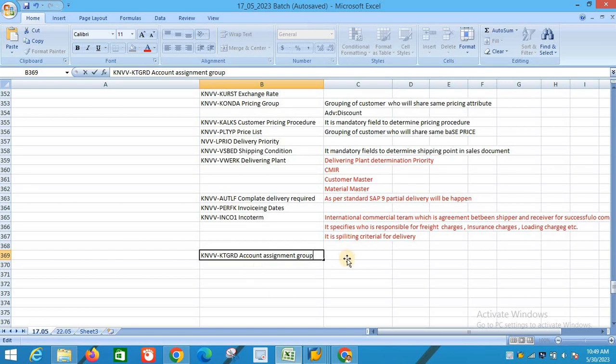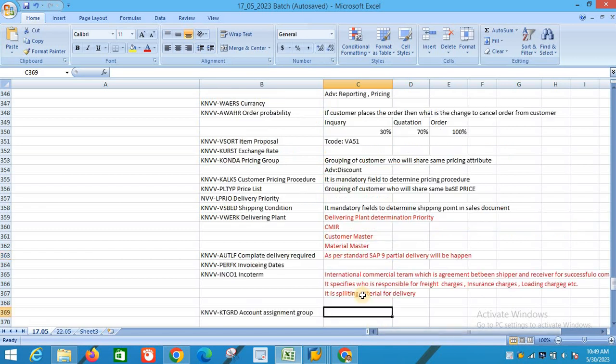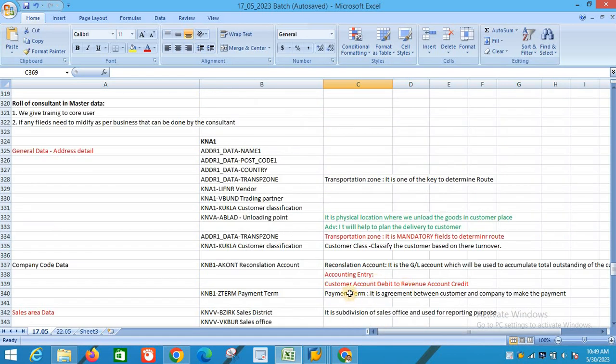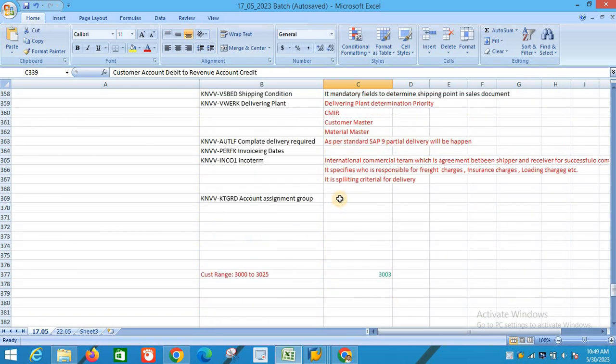So guys, this is a very important field to determine the GL account while posting the invoice into accounting, which we already discussed in the accounting entry: customer account debit, revenue account credit. That revenue account determination is a separate topic that we are going to cover later. So for the time being, remember that